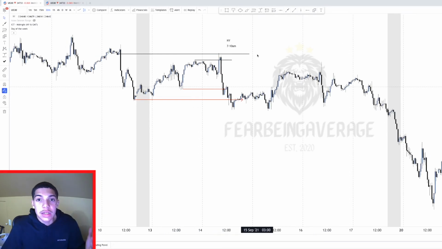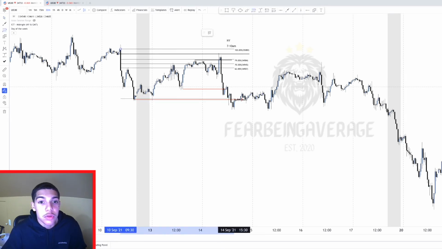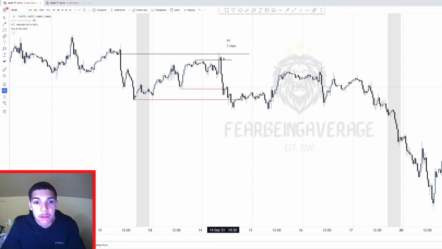So it's literally the same thing. You're just looking for certain characteristics to be made during certain times of the day. You can see that we had a false break, traded above this high, traded into an order block. If you even pull your fib from this high to this low, you can see we also were respecting this fib. So we have multiple confirmations, and all we're looking for and all we're taking into account is if this